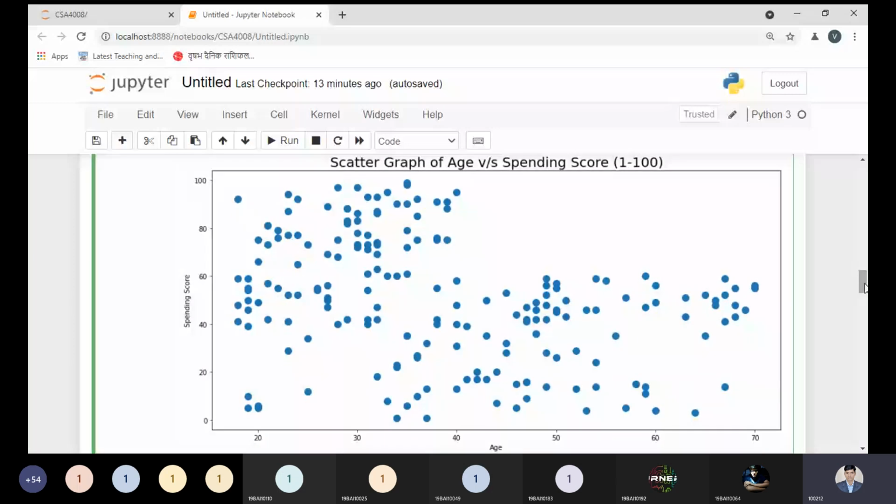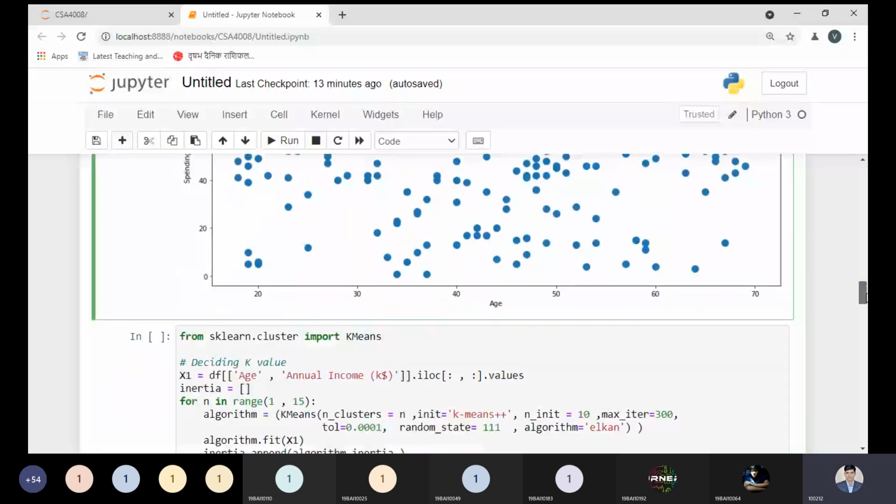So what is the portion we need to keep in mind right now? The spending score lies from 1 to 100, and there are many spending scores which could belong to different values. So based on the age criteria, we will divide or make some clusters. Okay, let us understand this point right now. Okay, so I can use some theoretical words over here.